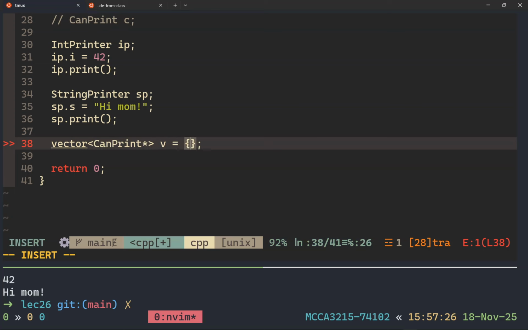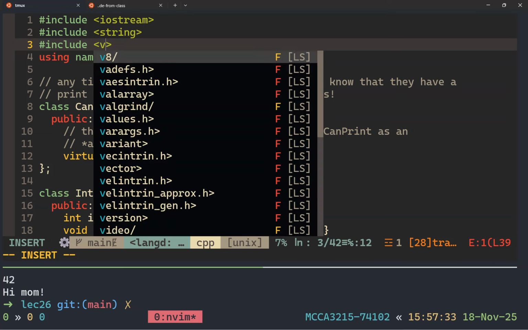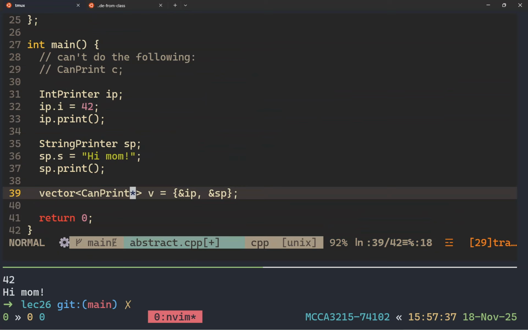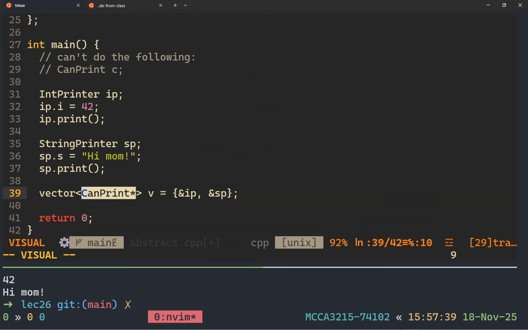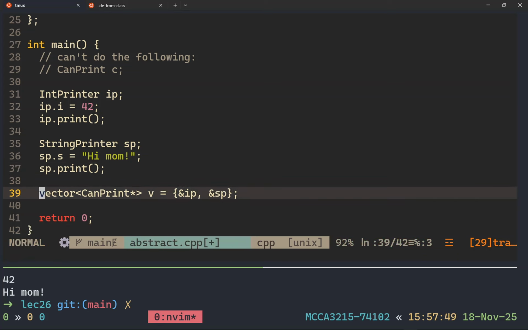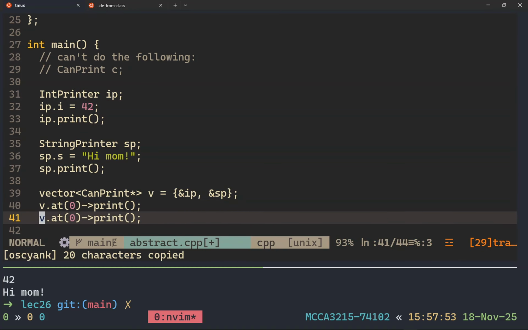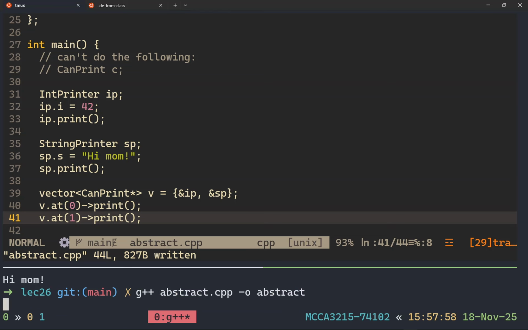That's beautiful. So equals star IP, ampersand IP, ampersand SP, and so I need vector. So I can treat them like their abstract base class still. It's fine, because I'm going to call methods on them. I know that any objects that I can actually make that I can treat like their base class really did have the print method implemented. So I can say like v at 0 arrow print yourself. V at 1, print yourself. We're treating them like canPrint objects, but